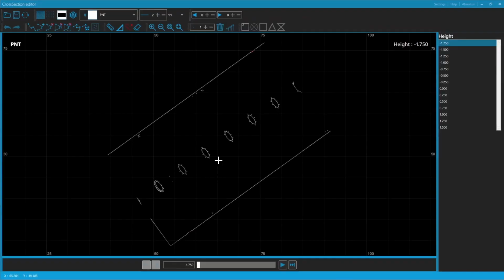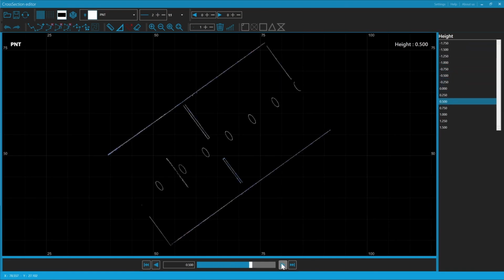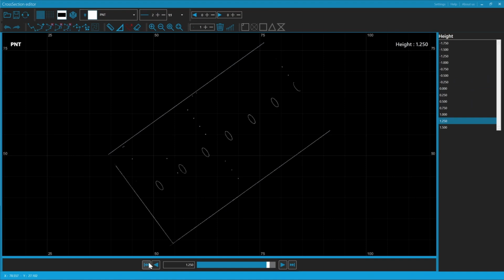Okay, so we make the cuts, and the profiles viewer opens, and we can see here the different sections. We can navigate from one height to the other,